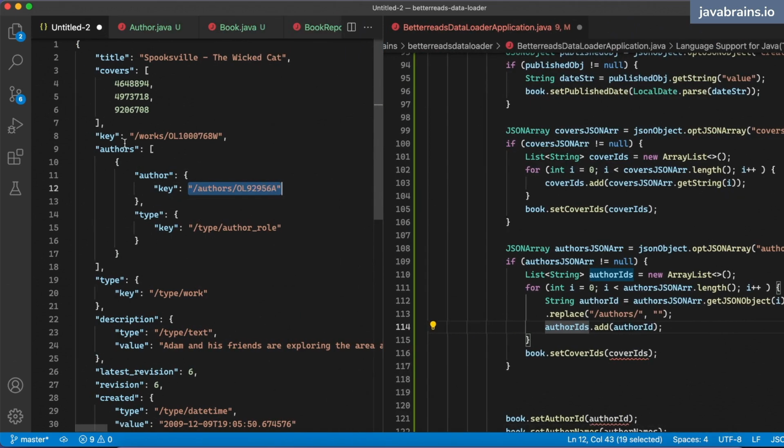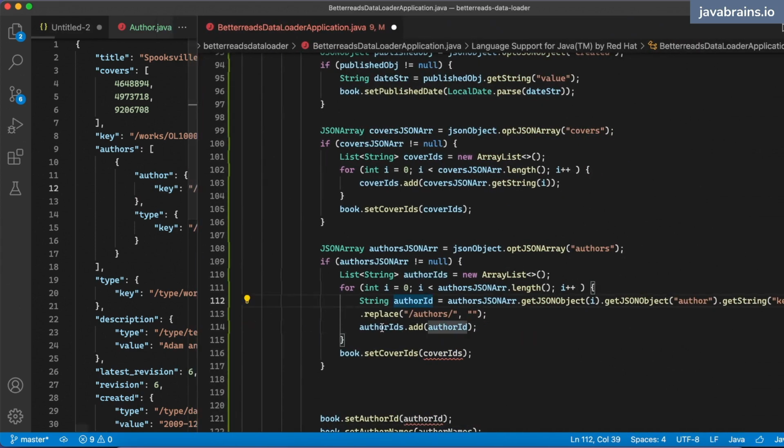I'm doing get JSON array of author, and then for each one get JSON object at each index, and then get object of author, and from there get string of key, and from here I'm removing the /author/ so that I get just this ID, and I'm putting that ID into the author IDs array. And then at the end I'm going to set book.set